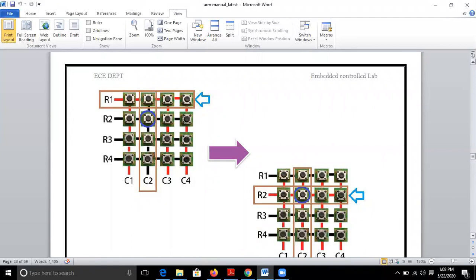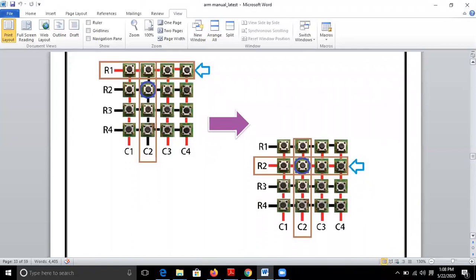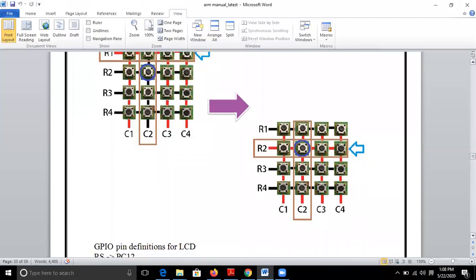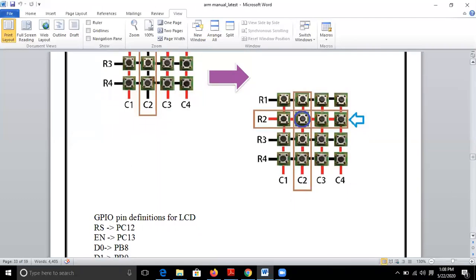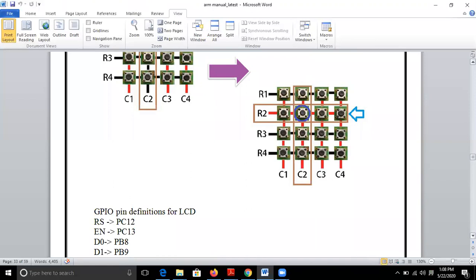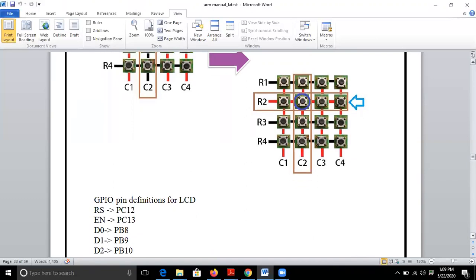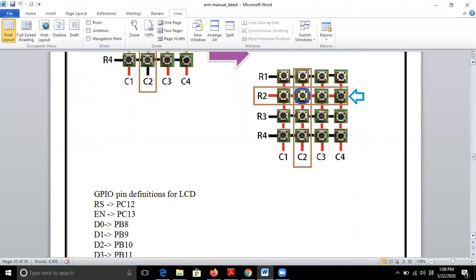So that is how we actually find out which row and column the key pressed belongs to. So now the coordinates for the key pressed are R2, C2. So this is how we find the key pressed and whose coordinates are R2 and C2. Anyway, in your program, you are not doing this, but this is the logic behind identifying the key pressed by the user and then decoding that and displaying the value onto the LCD.